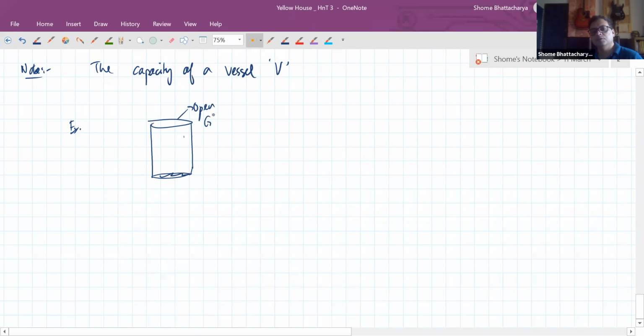We have an open glass container. So if the capacity, which is the volume of its inner empty space,